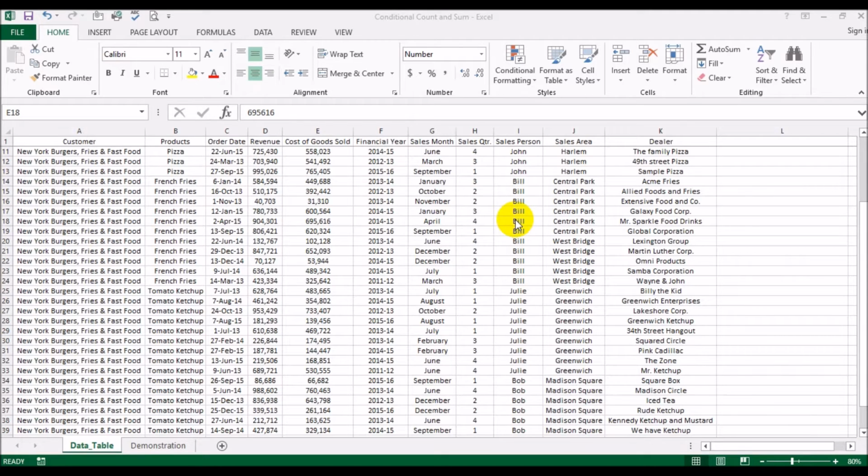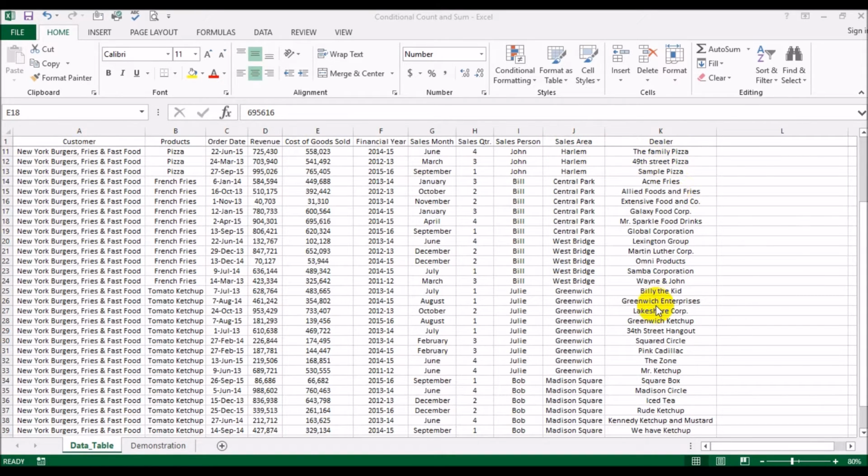Okay, now let's see how we would actually implement and use those in our spreadsheets. This is the same data sheet that we had for the demonstration of pivot tables and dashboard, a video that I had uploaded some time back. We're going to be using the same data sheet. Essentially, you've got your customers who are buying certain fast food or restaurant items from you. There you've got the revenue that's coming in, you've got the salesperson, the sales area, and the sales going